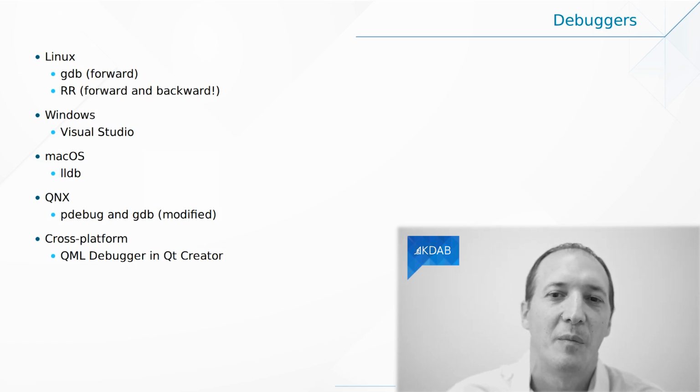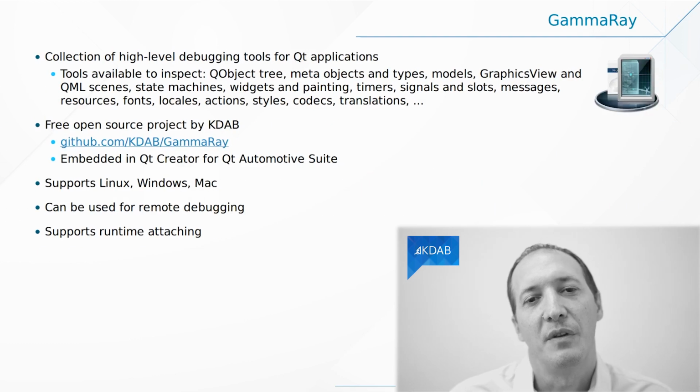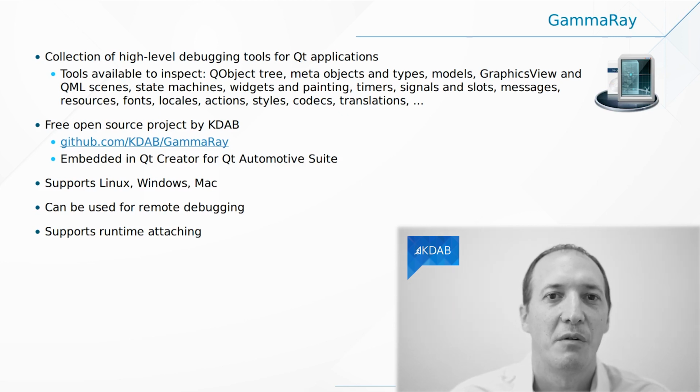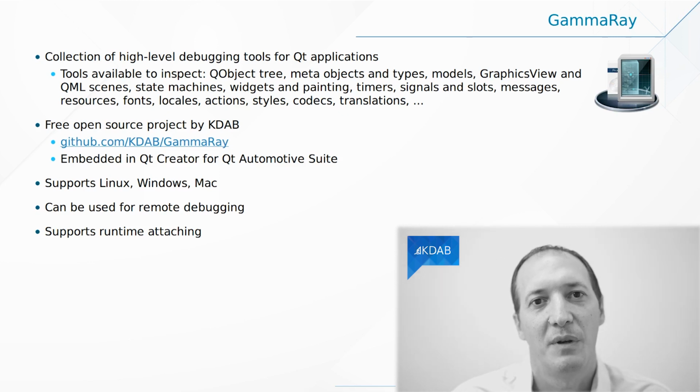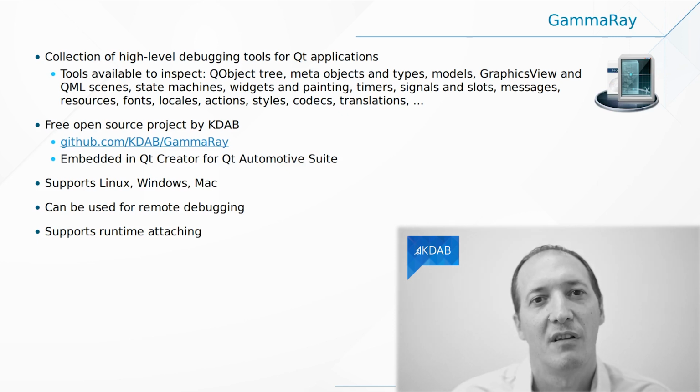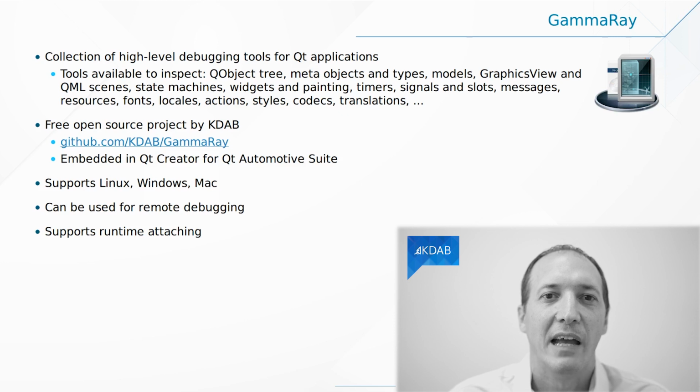All right. Now, for those of you doing Qt development, I want to tell you about a tool that was developed by KDAB. It's called GammaRay. It's actually free and open source. You will find it on GitHub. And what it can do is introspect a Qt application, which means look into it and tell you all of the QObjects that are present, all of the QWidgets, all of the QML elements in the scene, and all of the 3D elements in a Qt 3D scene, and so on and so on. So it has a large number of modules where you can get all of that information